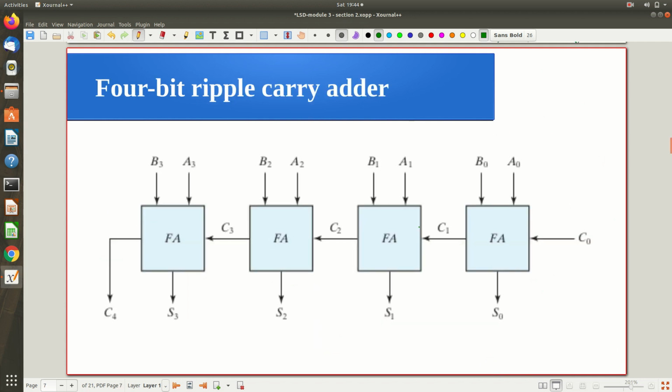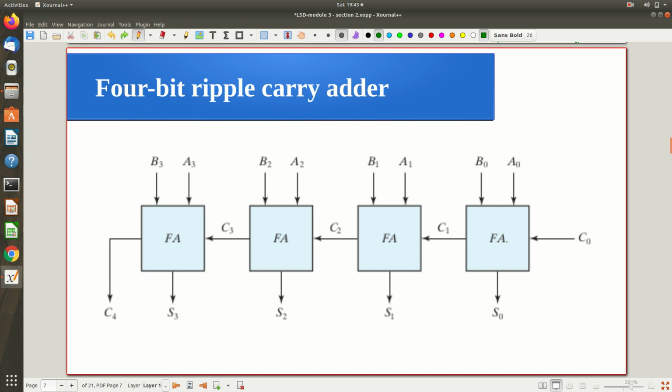Here the 4-bit adder is implemented using 4 full adders, the generalized one, but my suggestion is that if you want, you can use a half adder here also, there is no problem, provided this is the least significant bit addition. But if it is not, I definitely have to use the full adder. If I am considering this carry as always 0, in that case you can ground it, right? If this is the case, why don't you use a half adder there? That was my question, but it depends, right? So this is a general solution anyway.